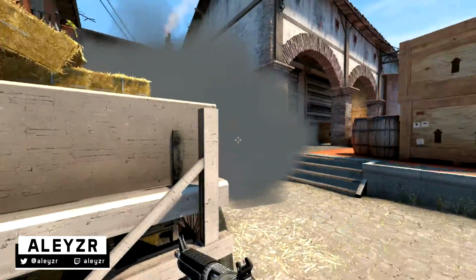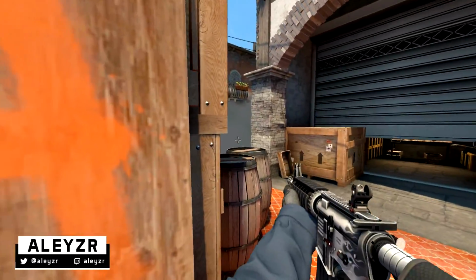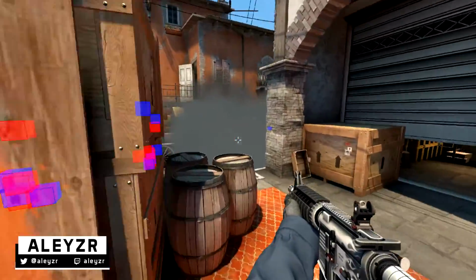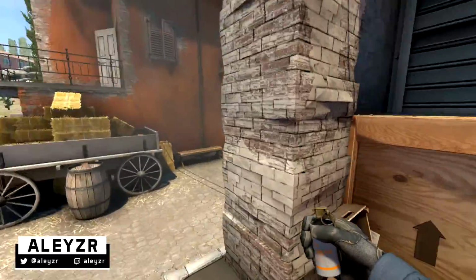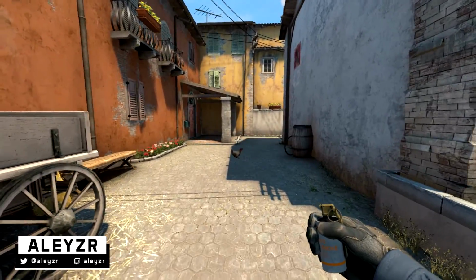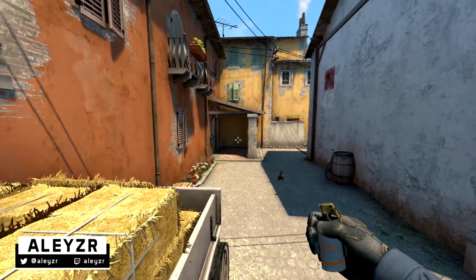You can be close towards the smoke, you can be here, you can be even standing in a position like here where you normally wouldn't be able to stand because someone from here could just easily fight you. And now you can again get a kill, reposition however you like, and it makes it very difficult for the Ts to trade you. So I hope this makes sense to some of you, and I hope you understand the